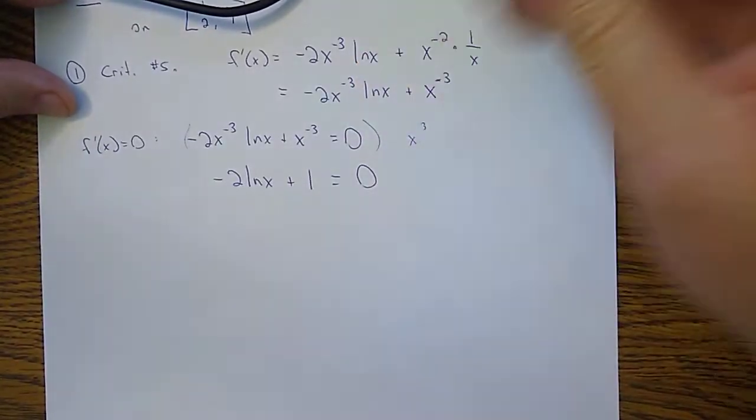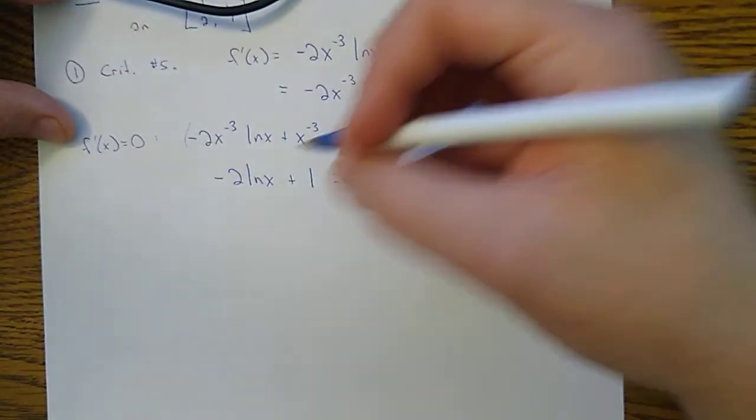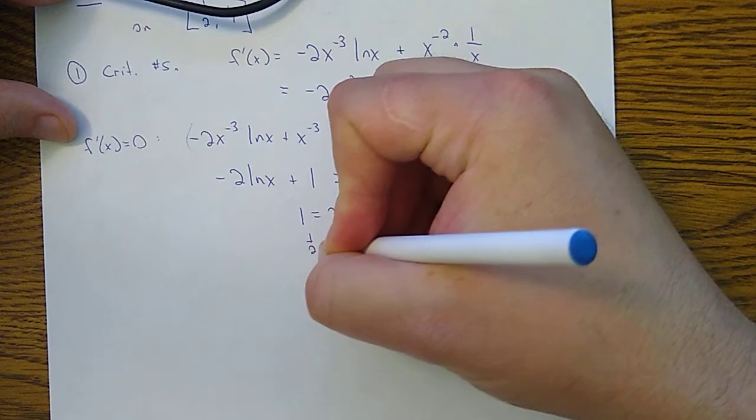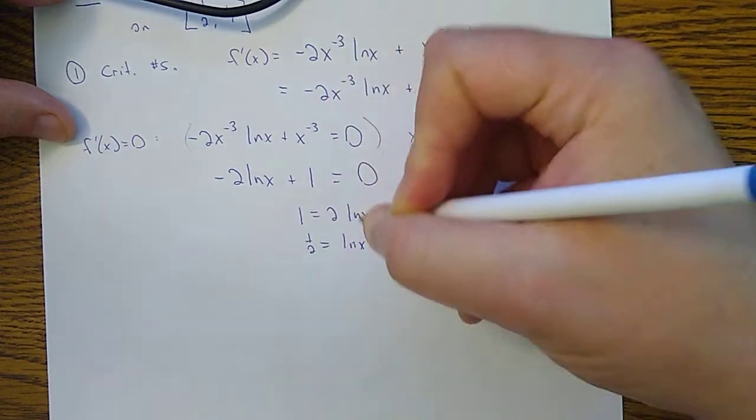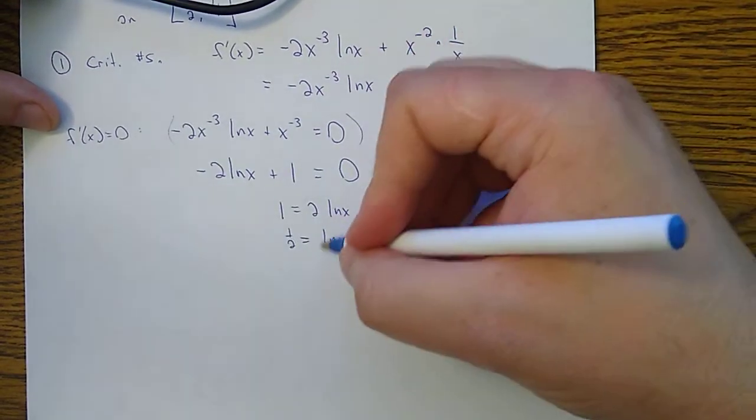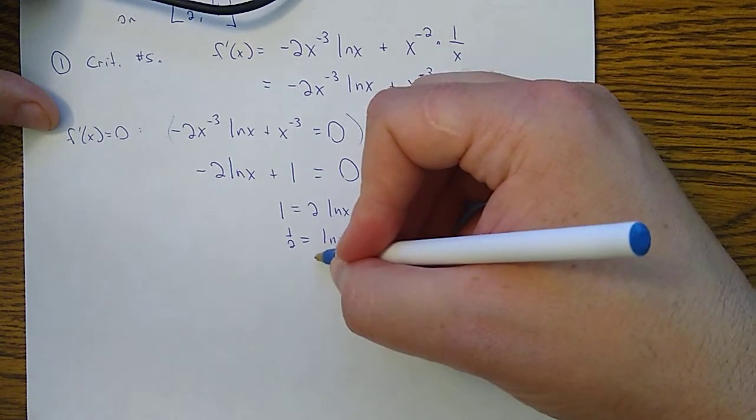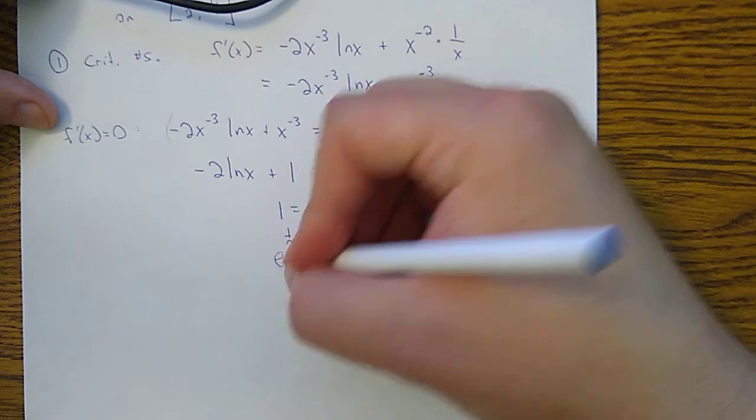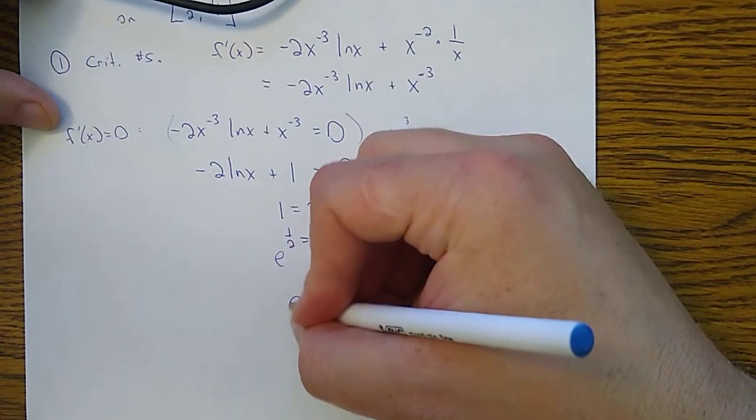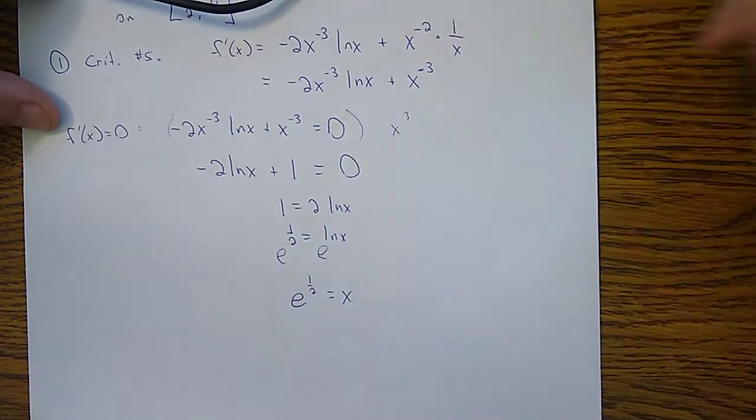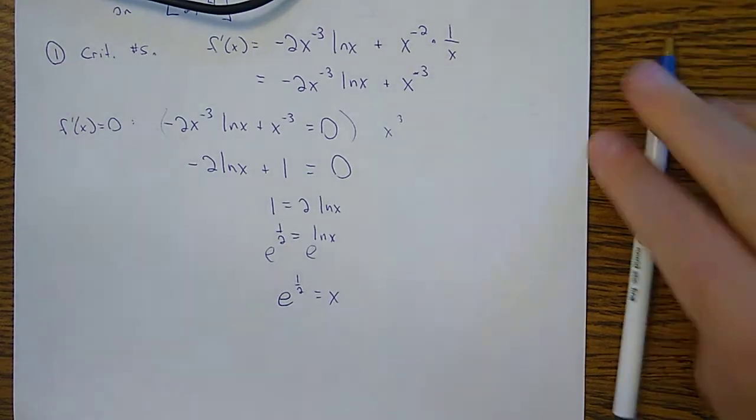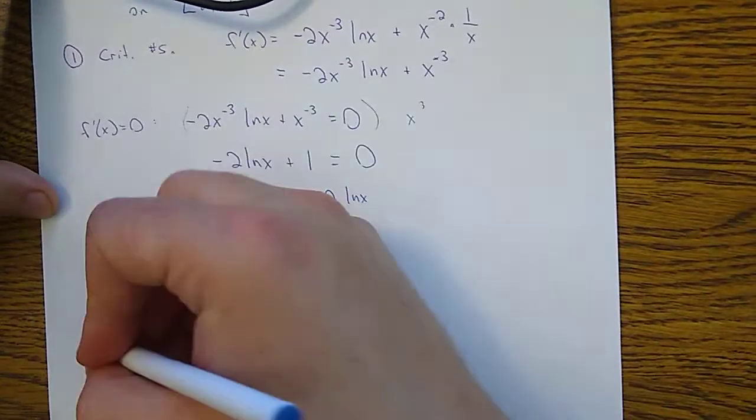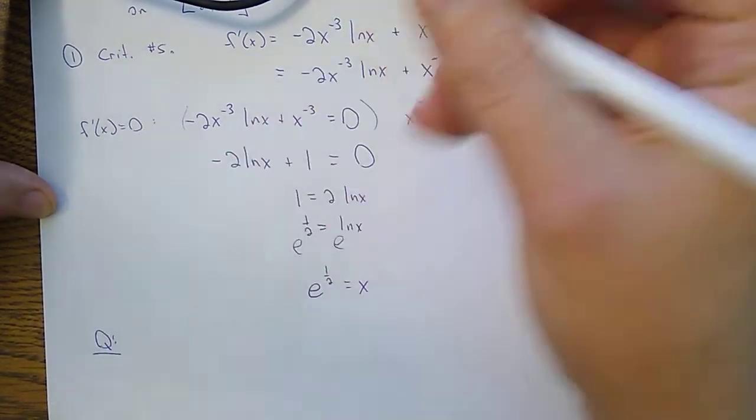So let's try to solve this. Maybe I'll move this over. So 1 equals 2 ln x. 1/2 equals ln x. And then when we solve this, of course, the way to get rid of natural log is to do e to both sides. So e to this power and e to this power. So e to the 1/2 is x. Let's not forget